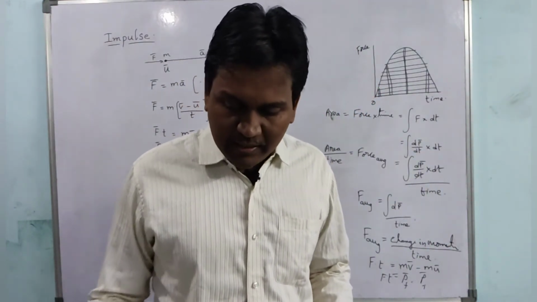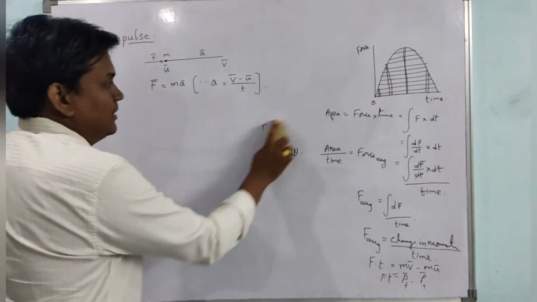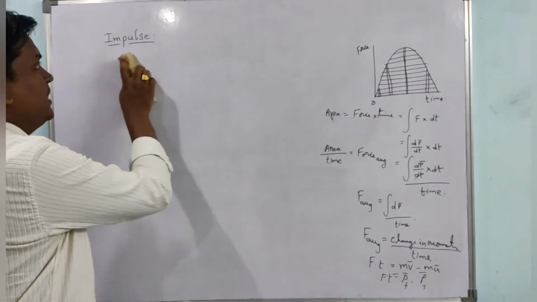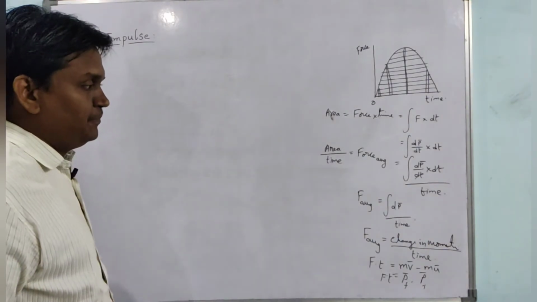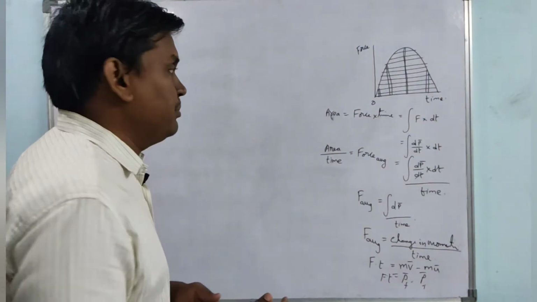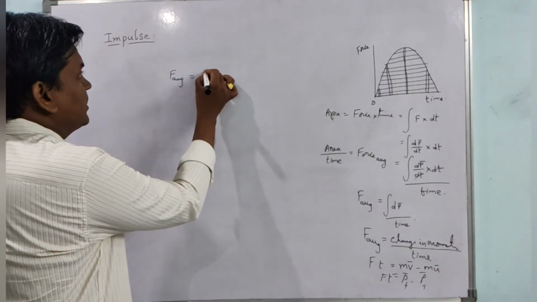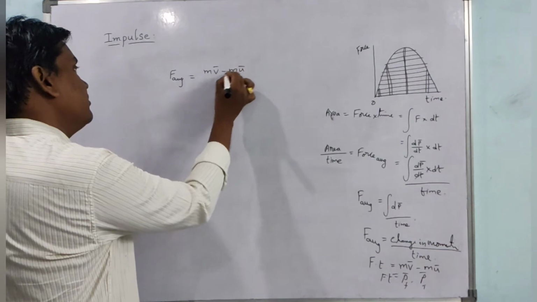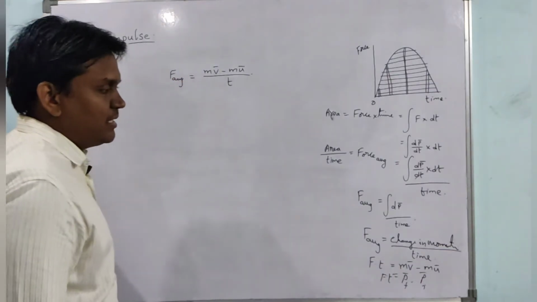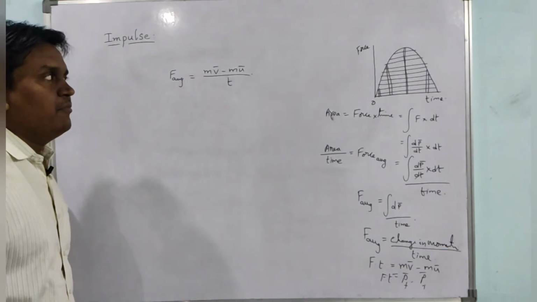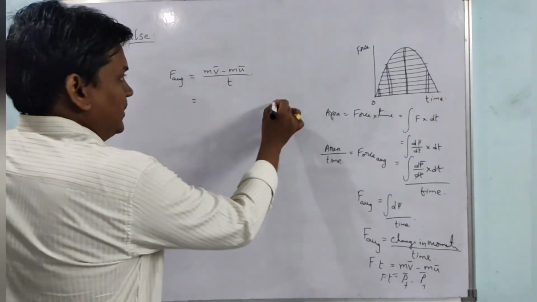And let us consider one example for that impulse. Consider a person jumping from a height. See, if a person is jumping from a height, what would be the force acting on that person? The force is the average force. The average force acting on the person will be (mv bar minus mu bar) upon time. See, as Ft equals mv bar minus mu bar, the average force F equals (mv bar minus mu bar) by t, time.